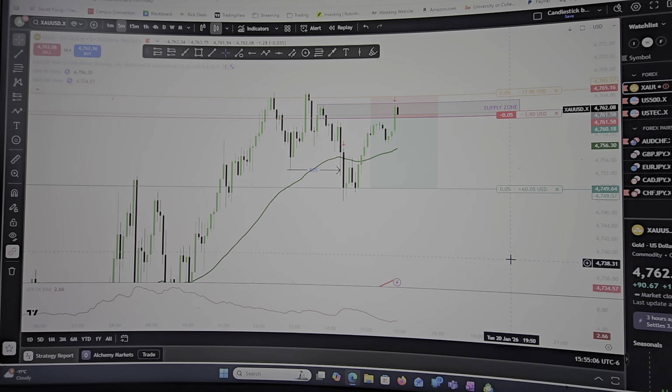So we're in there right now. I have my stop just above the zone, give it some breathing space, and my take profit at the closing of candles at that zone. So hopefully this plays out as it should. If it doesn't, then that's okay too. So I have this trade running on my